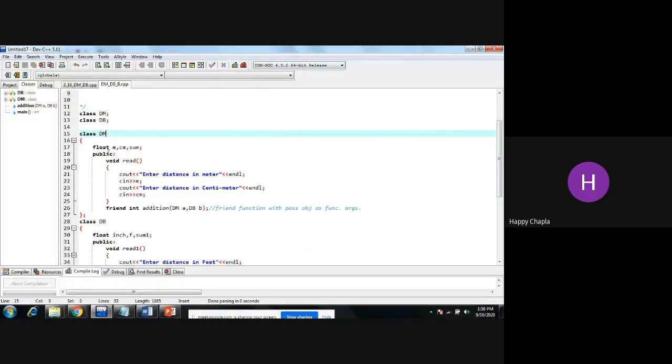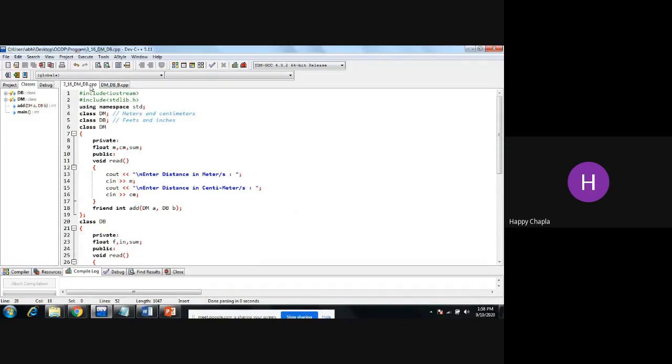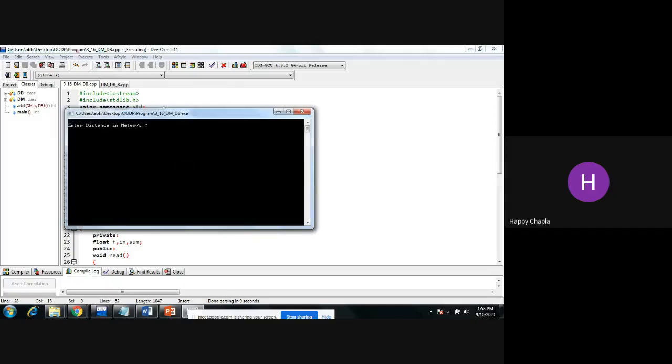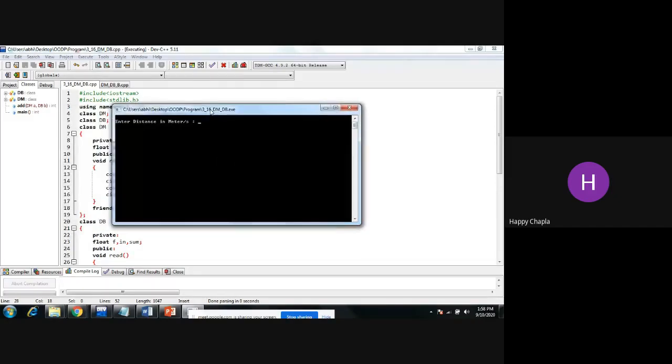Out of the two, you can print the answer into any one. And from the dB class, you have to print the values in either inch or feet. Okay, so here is the expected input and output. The same question I have, but I'm just giving you the idea of what you have to do in this code. First I'll write 1 meter, 1 centimeter, 1 feet, and 1 inch.